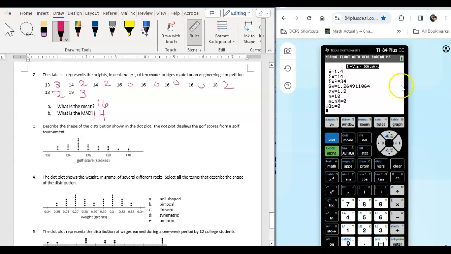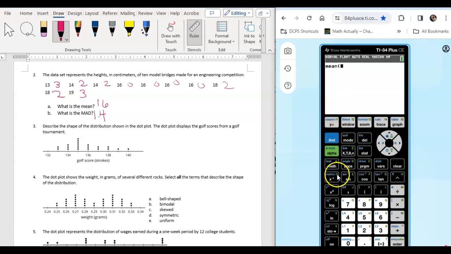All right, I am going to show you right now, for those of you who are watching, another way that you can find the MAD. So this is a little bit complicated, so you might need to watch it more than once. So you're going to press second, Stat, which is list, right? That blue list button. I'm going to go over to math and I'm going to choose mean, so 3. Now I want to choose that, but I need the absolute value of it. So I'm going to go to second, catalog, select absolute value of, and then I'm going to do